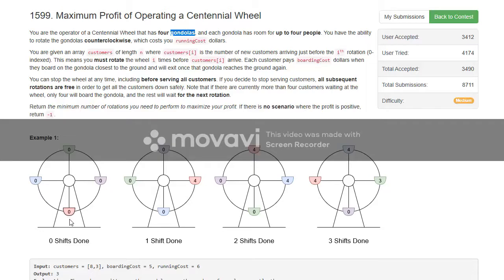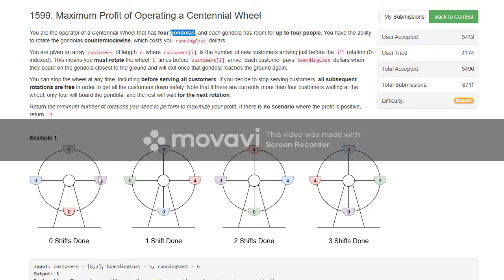So the goal here is to find the minimum number of rotations to maximize profit. What we have to accomplish is maximum profit if the capacity of the gondolas is filled every time.